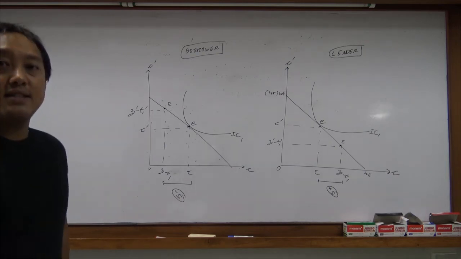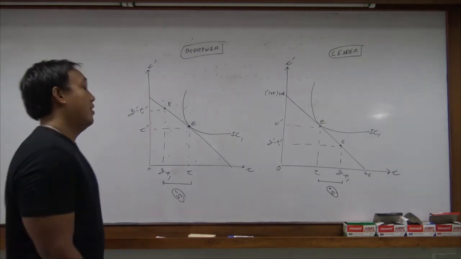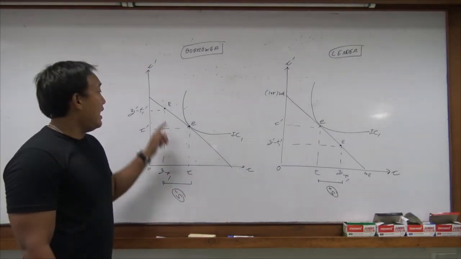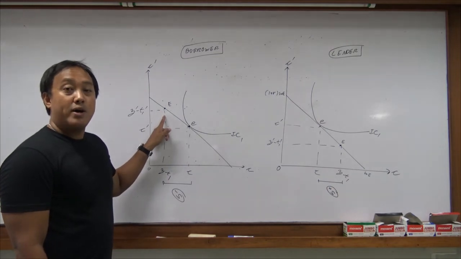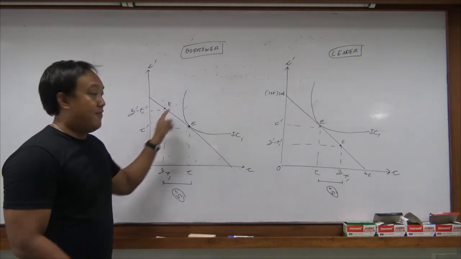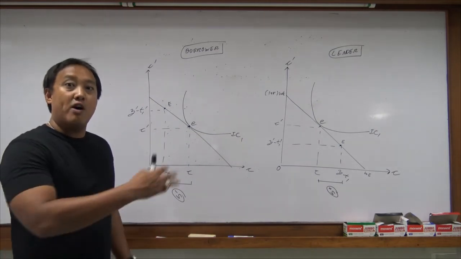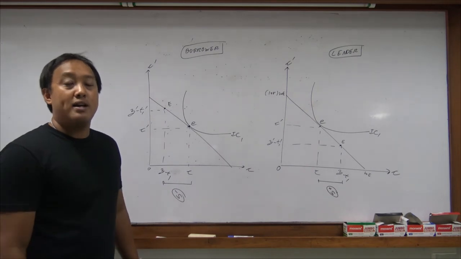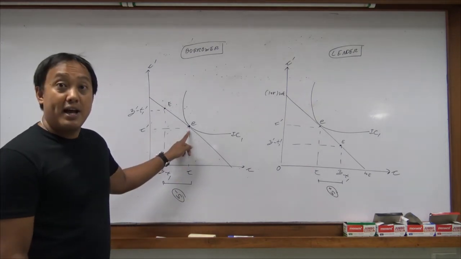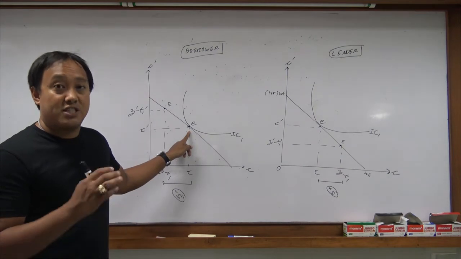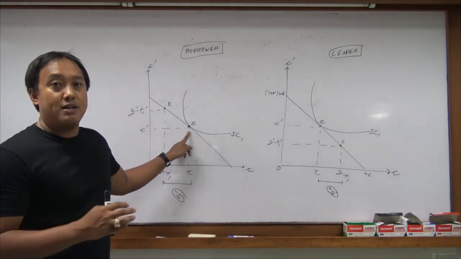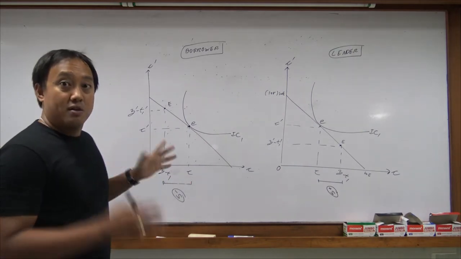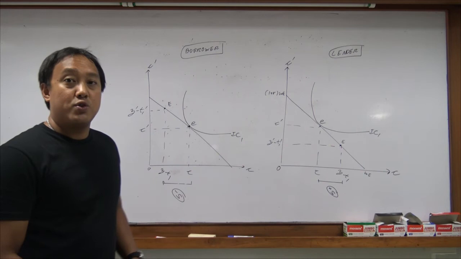So I have two cases, the case of borrower and the case of lender. The difference is only the endowment point E. For the borrower, the endowment point is upper on the left. The endowment point of the lender is lower on the right. Both cases have the same equilibrium point, the same indifference curve in the middle. Both of them prefer to have smooth consumption. Smooth consumption means having equal consumption today and consumption tomorrow. Consume the same level today and tomorrow.